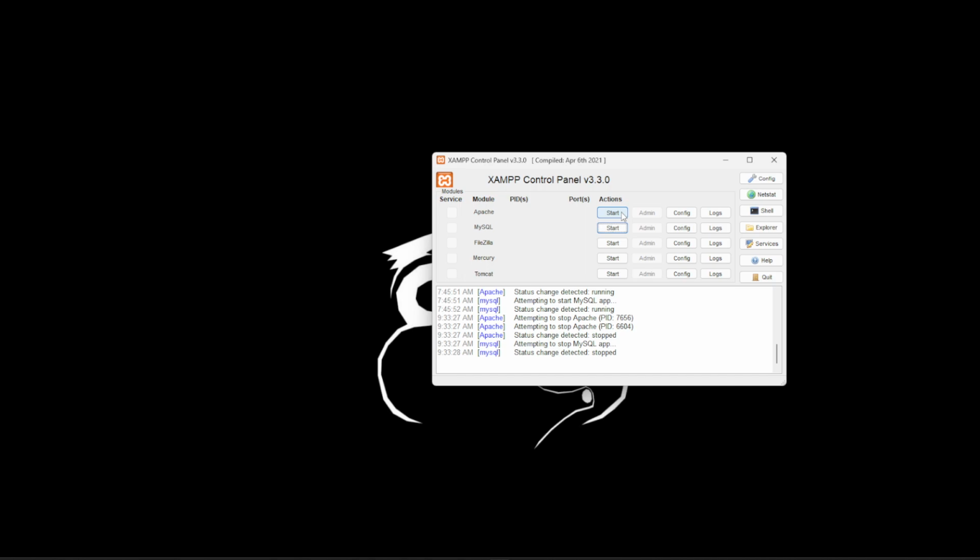You must install it and then start it. Apache is for the website, and MySQL is the database on our computers. Okay, like that.